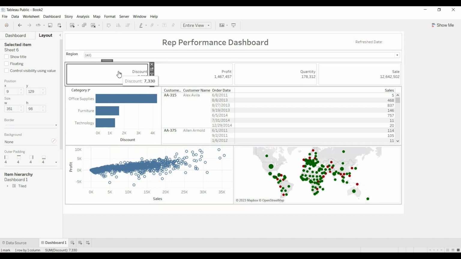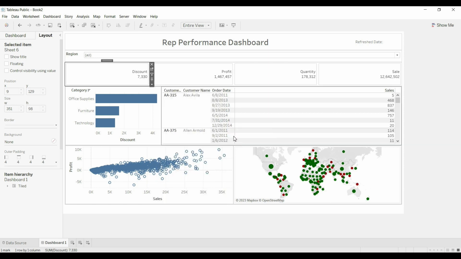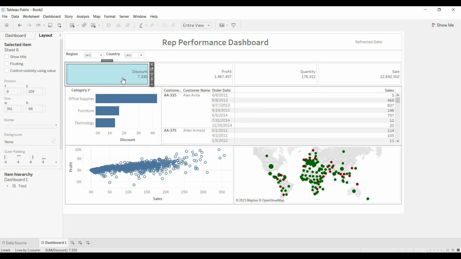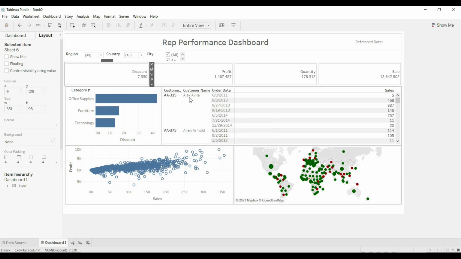So region is done. Let's add another filter. Multi-value dropdown. Customize the apply button. And we will have city.